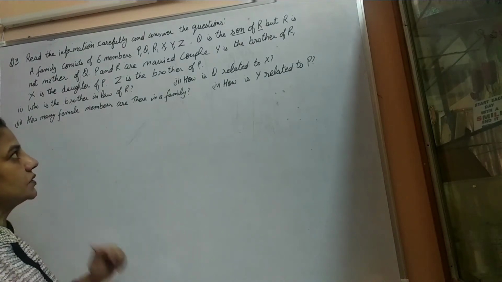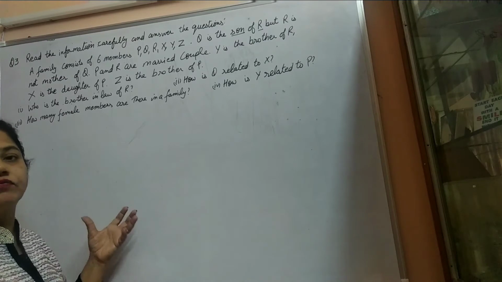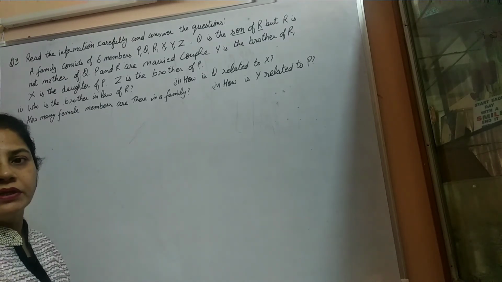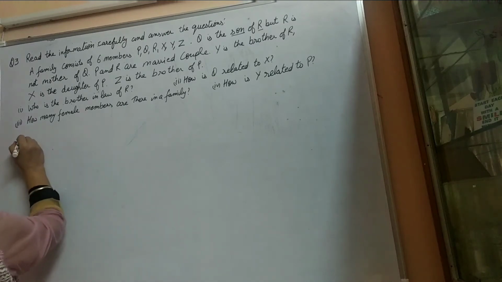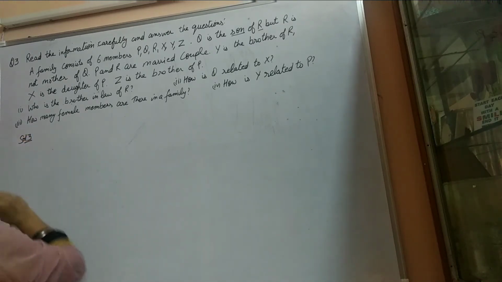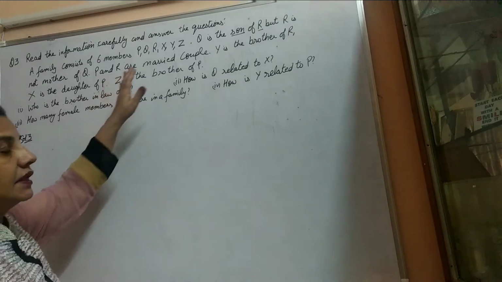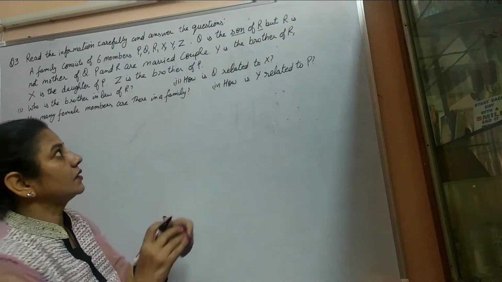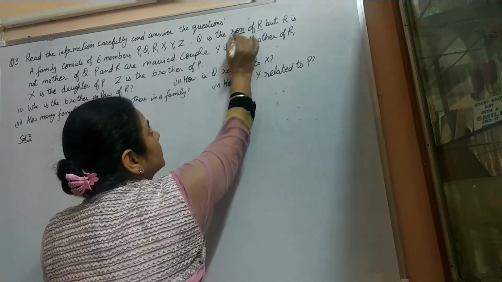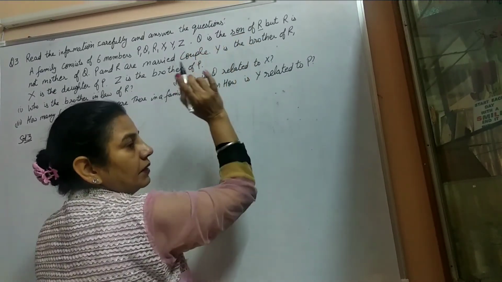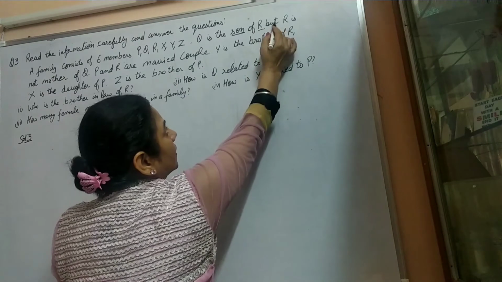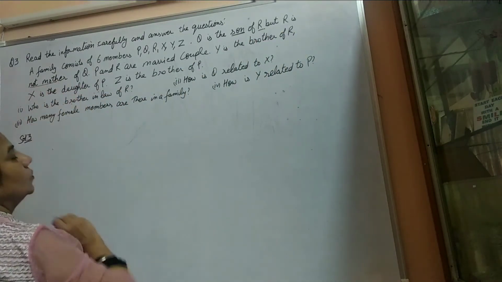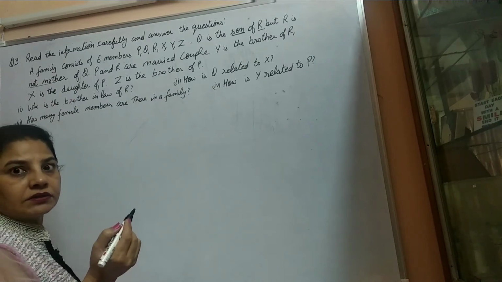Before solving these questions, it is very important to understand what information is given to us in the question and then draw a family tree. Let us proceed with this. The information we get, there are 6 members. Q is a son of R. That means Q is a son. Q is a male character. Q is a son of R, but R is not the mother of Q. That means R is a father, R is a male character.